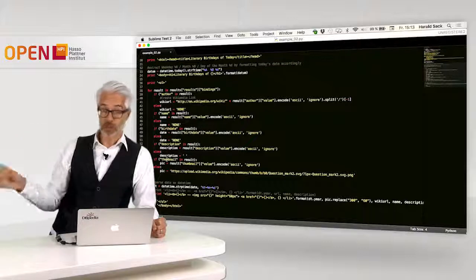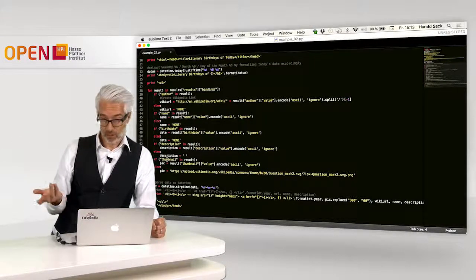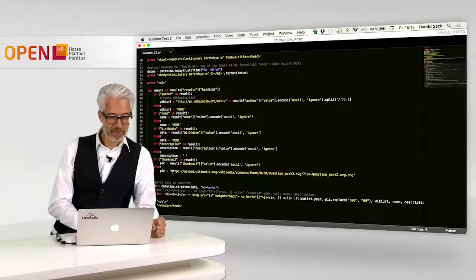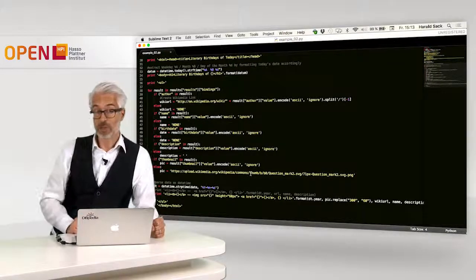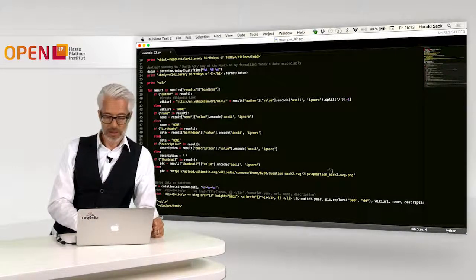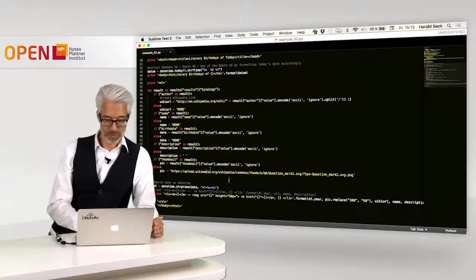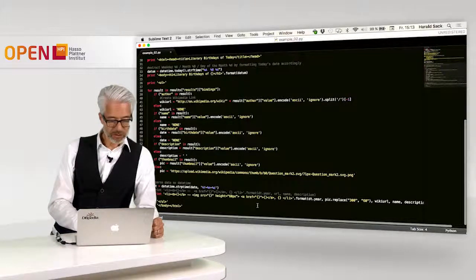The thumbnail was optional, so there's potentially lots of authors which don't have a thumbnail, which don't have a picture, so therefore I have to think of something else, and I have looked up in Wikipedia Commons a picture or a small image of a question mark when I don't have a picture, and this then will be displayed exactly instead of the real thumbnail. So this will be then a question mark, and this is the URI of that question mark. So we are almost done. Next thing what I do here is,